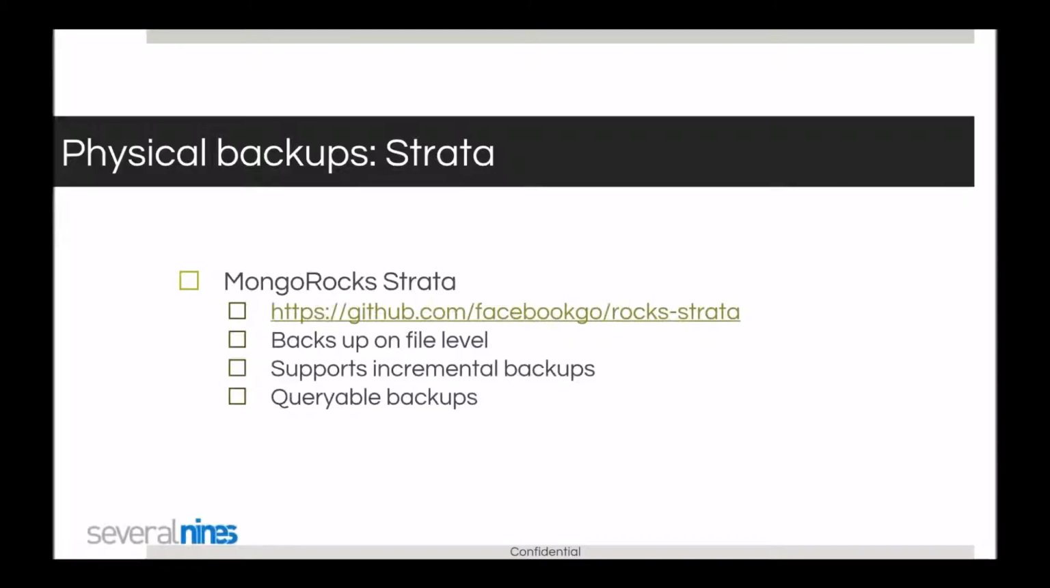Last backup tool is Strata. Strata is a tool that backs up MongoRocks, and MongoRocks is the Facebook storage engine for MongoDB. They open sourced that, and it can only be backed up by using Strata. The backups are done on a file level, so it's similar to InnoDB or Extra Backup in this case, where it makes a copy of your data and then at the end copies the op log,